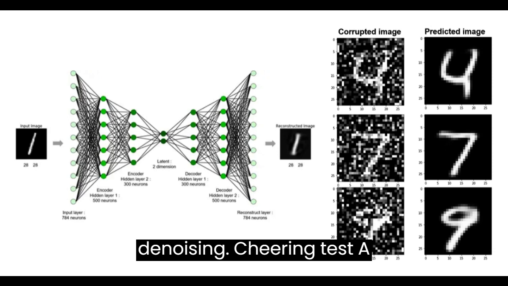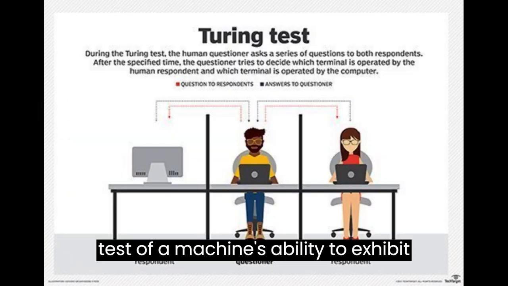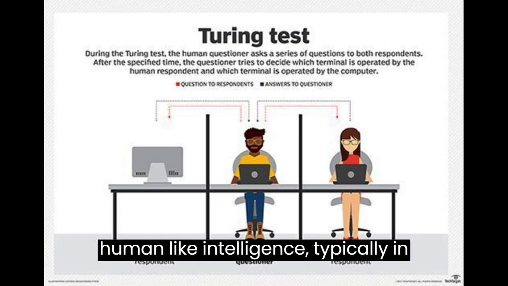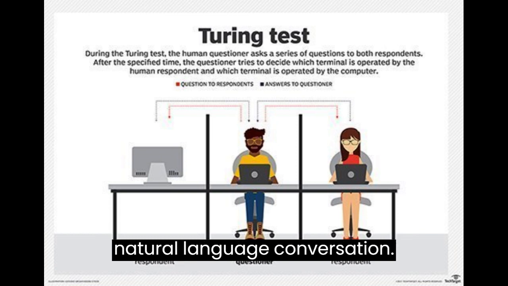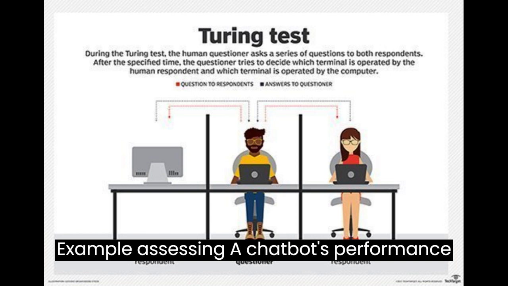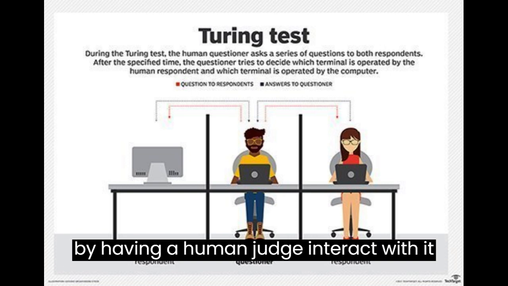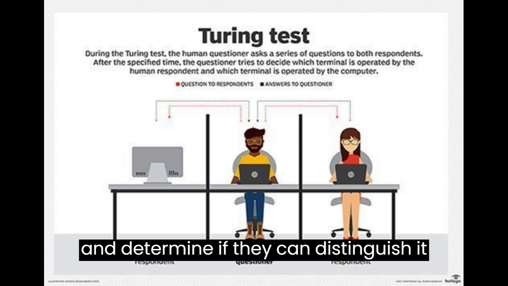Turing test, a test of a machine's ability to exhibit human-like intelligence, typically in natural language conversation. Example: assessing a chatbot's performance by having a human judge interact with it and determine if they can distinguish it